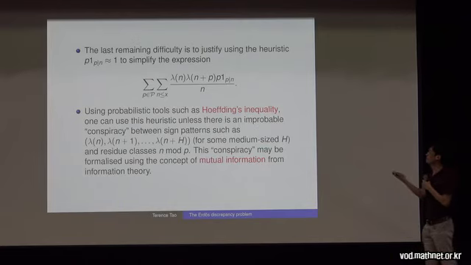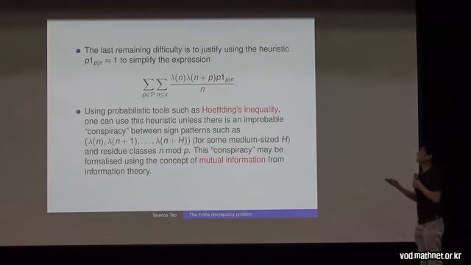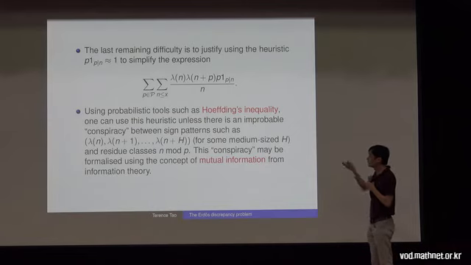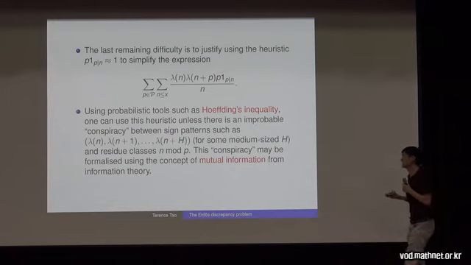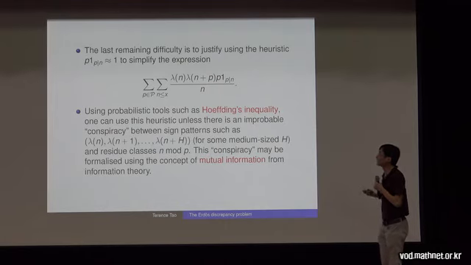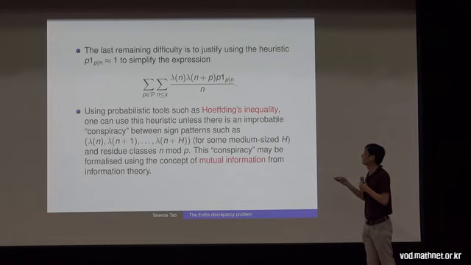There's only an exponentially small set of residue classes for which the sum would not be very small, this double sum here. Now, of course, these sign patterns do depend on n, and that's very annoying. But if you use this Hoeffding's inequality, what you can show is that this type of sum will usually be small unless there is some weird correlation between this factor here and this factor. If these factors somehow conspire to cancel each other out. So if there's some sort of conspiracy between